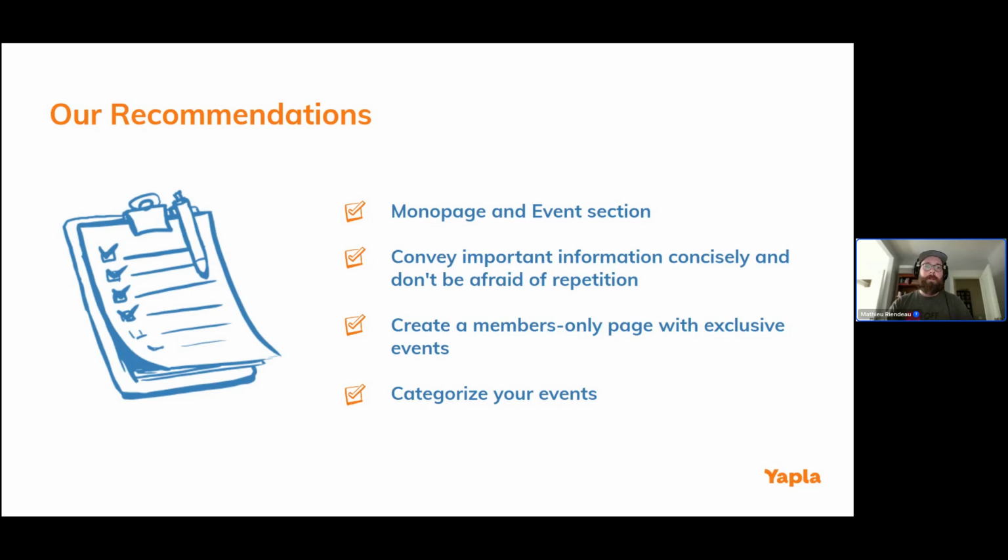People usually don't take too much time reading descriptions and confirmation emails. So it's important to repeat that information throughout the process. So if they're not reading the event description, maybe they'll read the email. If they're not reading the email, maybe they'll look at the description of your rates when they're doing the selection process. After that, we'll be looking at creating a member-only page with exclusive events and how we can categorize our events. So going back into our interface here,